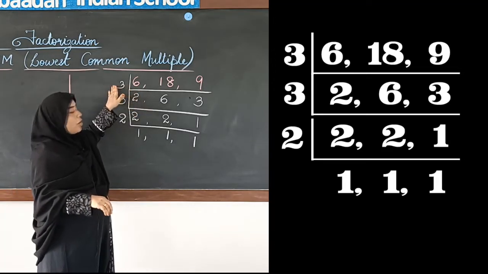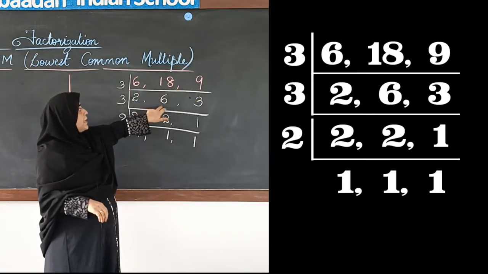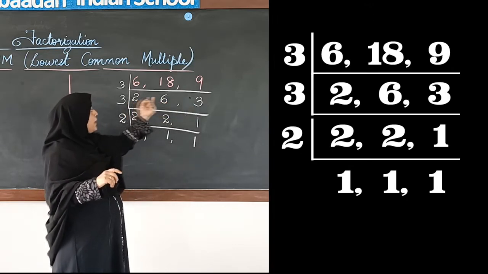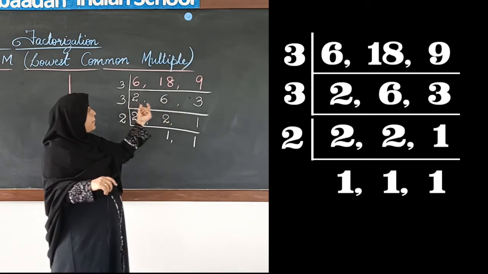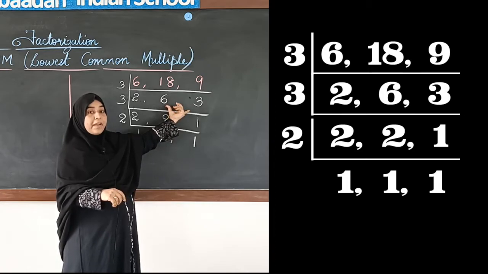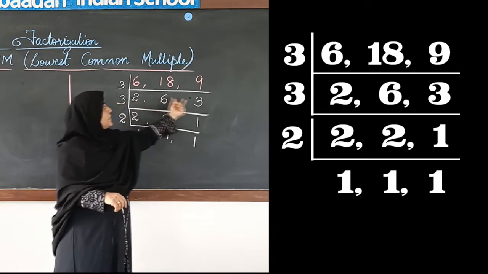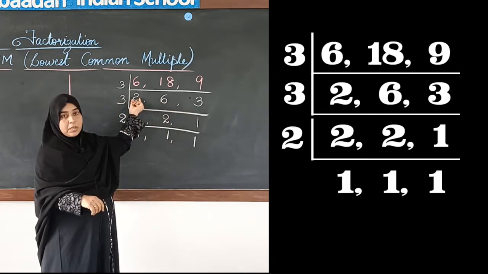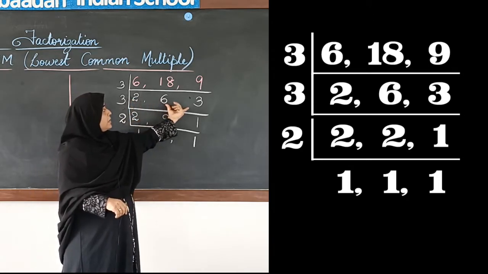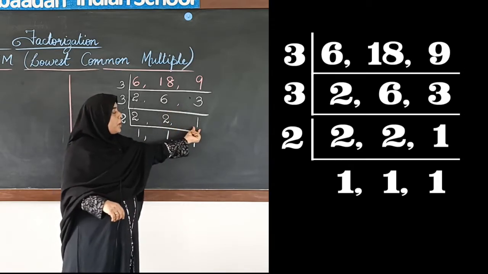In the first step, we got one common divisor which will divide all the 3 numbers. But in the second step, we saw that there was no common divisor for all the 3, because we had prime numbers over here. But we could divide these 2 numbers. There was a common prime factor for 6 and 3. So, we took that common factor and we divided 6 and 3, and this 2 which was a prime number, we brought it down as it is. When we divided these 2 numbers with a common prime factor, we got 2 and 1 over here.